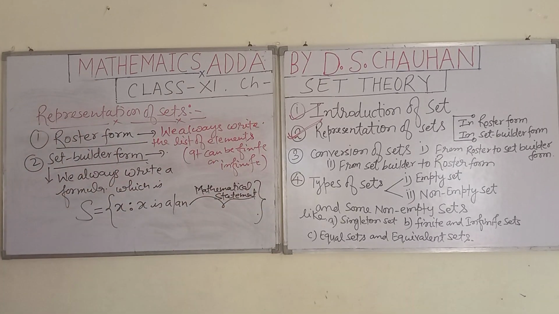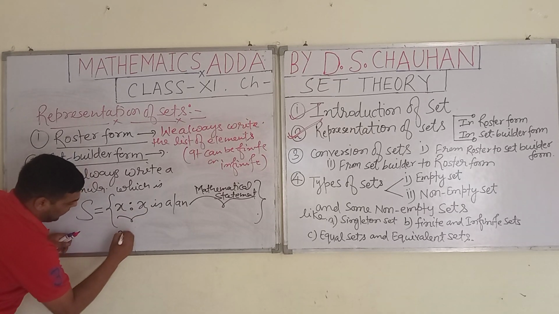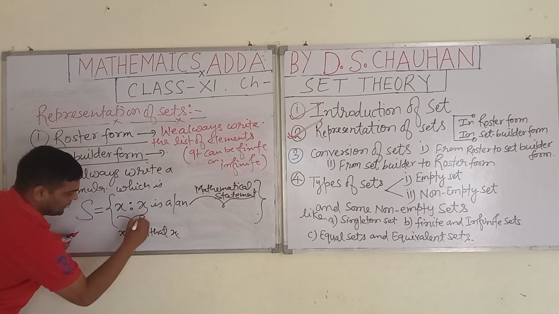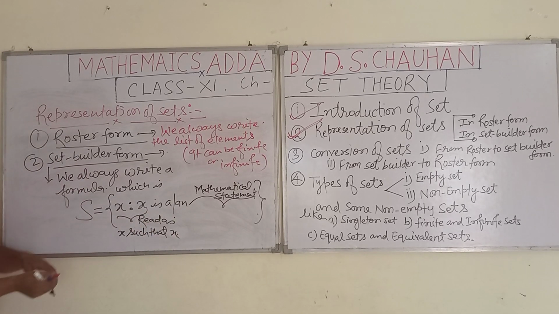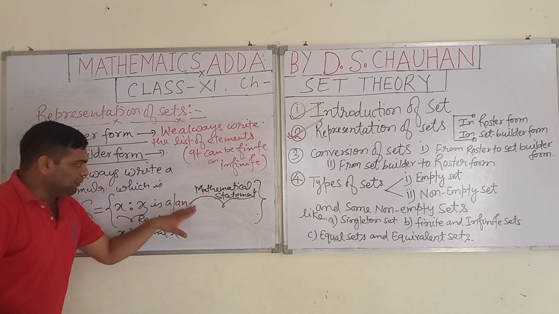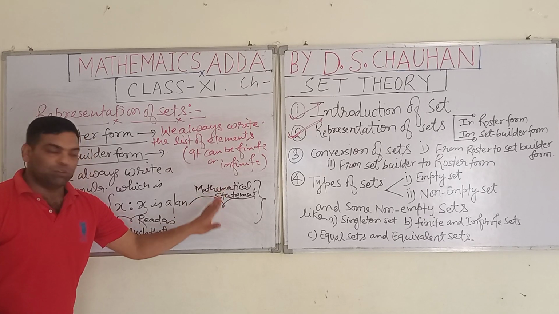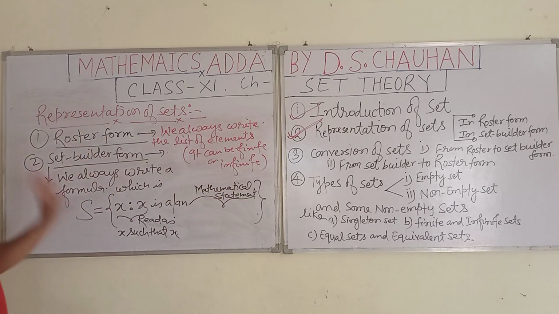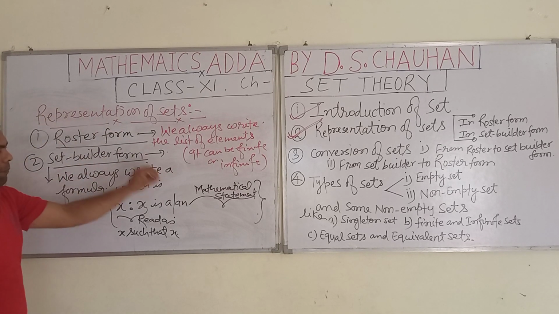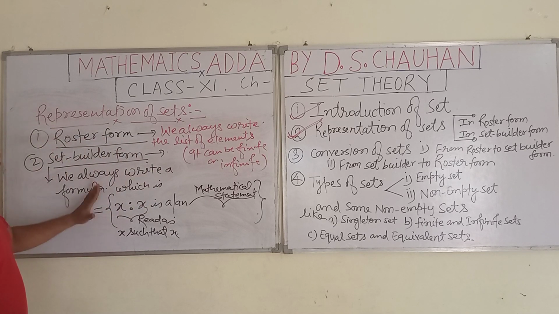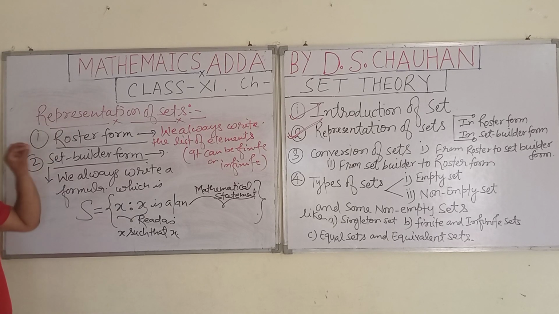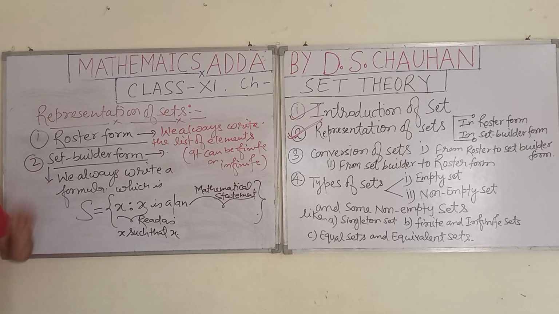Well students, now this is read as X such that X is A or N, whatever it will use, and here you have to write down the mathematical statement. Students, now try to understand these two things with the help of an example. I am going to tell you. Sooner you will be able to know these two forms of representation of sets. See it.